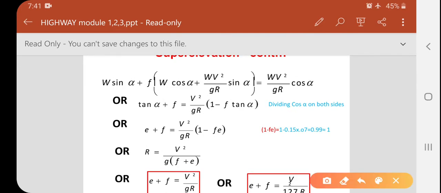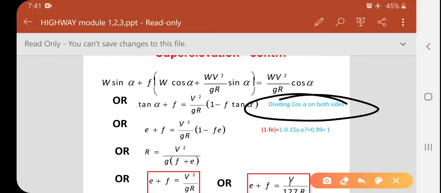While solving, sin theta divided by sin alpha divided by cos alpha, we can write it as tan alpha plus F is equal to V square divided by G into R. The whole term can be shifted to the right hand side, dividing by cos alpha on both sides. So tan alpha is nothing but,